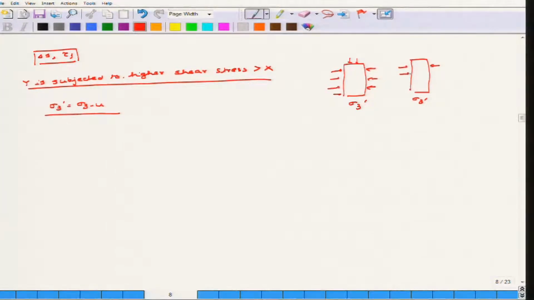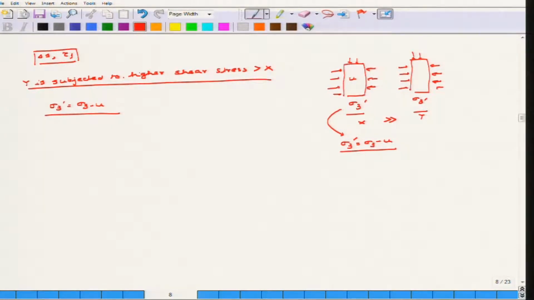While immediately when the test starts, what will happen is that since the strain rate in the sample X is much greater than the sample Y, internal pore water pressures will develop. So this sigma 3 dash will reduce from sigma 3, as I have said in the previous question as well, that is, sigma 3 dash will be equal to sigma 3 minus u. So this sigma 3 dash will be equivalent to sigma 3 minus u, where u is the pore water